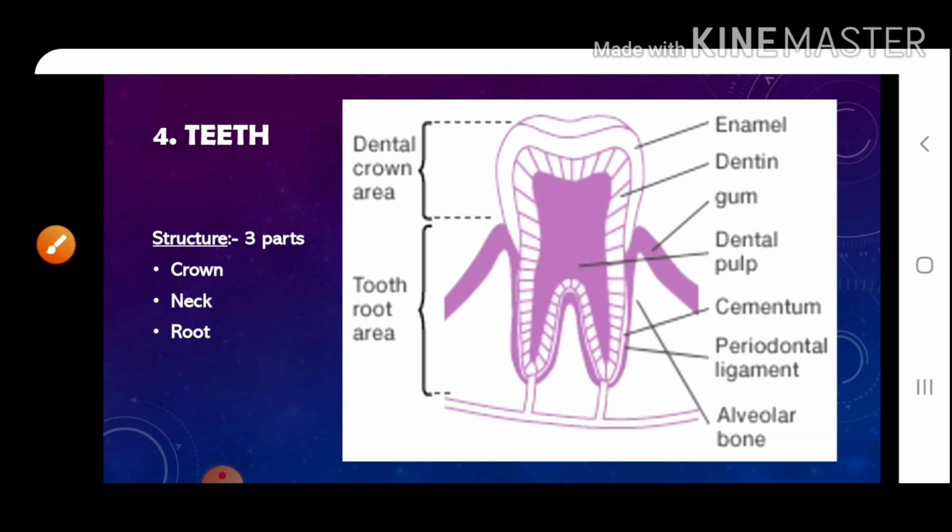All right. Then the next layer that lies just below enamel is referred to as dentine. This is the layer of sensitivity. This is the layer where the sensitivity of a tooth can be felt, and this comprises the main part of the tooth. Dentine is the second layer, and below dentine we have a layer composed of soft gelatinous tissue, referred to as dental pulp or pulp cavity.